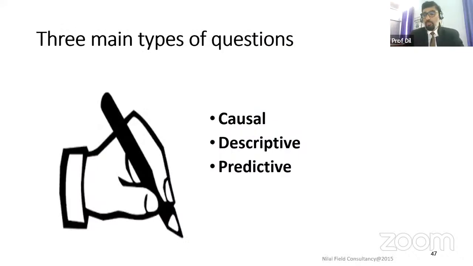So 3 types of research questions are possible: causal, descriptive, and predictive. Causal means the relationship between, for example, IV and DV. Descriptive is usually connected to qualitative plus a little bit of quantitative, but predictive is fully quantitative. So you can ask: does any relationship, does any variation, does any significant difference exist between these two? This you can ask. Other than that, you are not supposed to ask. When you pose research questions, at the time of writing we create issues, so please try to avoid that.